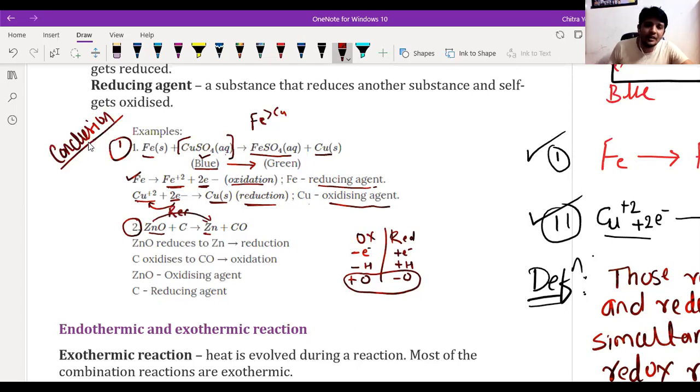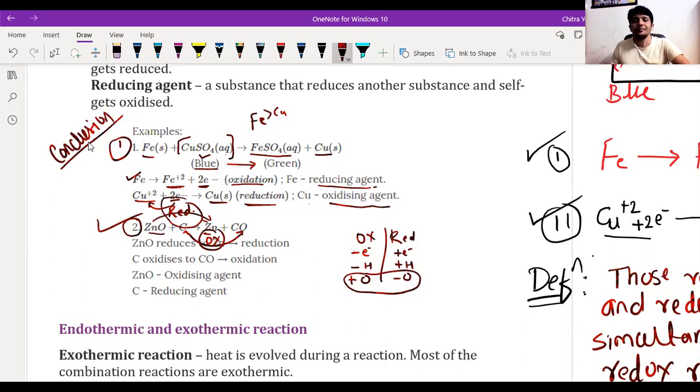So I'm going to write RED over here. Sorry. So oxygen is lost by zinc, that's why it undergoes a reduction reaction. But in case of the carbon atom, carbon on the reactant side is in individual form, but on the product side it is along with an oxygen atom. Means carbon combines with oxygen to form carbon monoxide. See, combination of oxygen takes place. That means it is an oxidation reaction. So in this reaction, oxidation as well as reduction both take place. Hence, it is also a redox reaction.